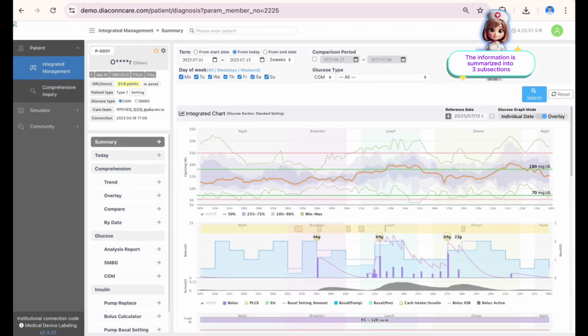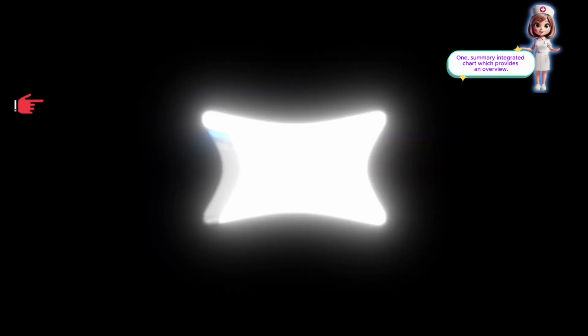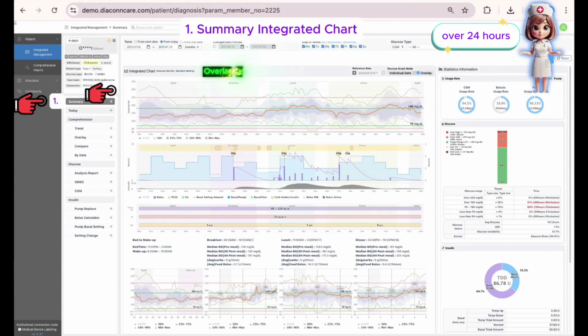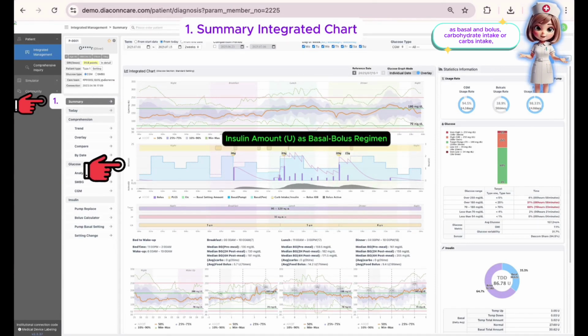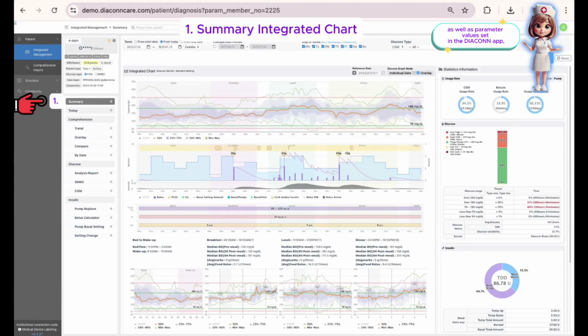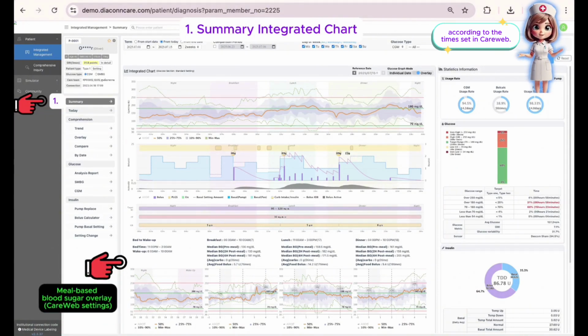The information is summarized into 3 subsections. 1. Summary Integrated Chart, which provides an overview. The integrated chart on the left displays all blood glucose values as an overlay graph over 24 hours, along with the amount of insulin administered as basal and bolus, carbohydrate intake or carbs intake, as well as parameter values set in the Diacon app, and the blood glucose overlay graph, which is divided into meals according to the times set